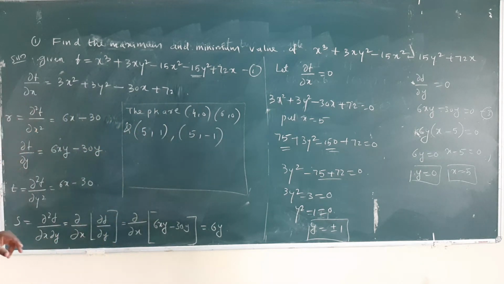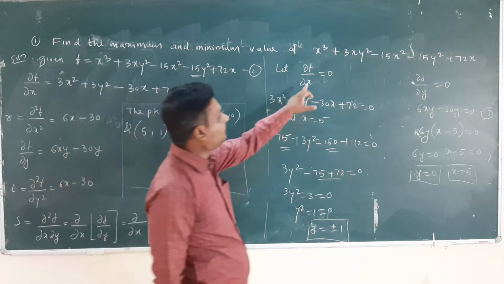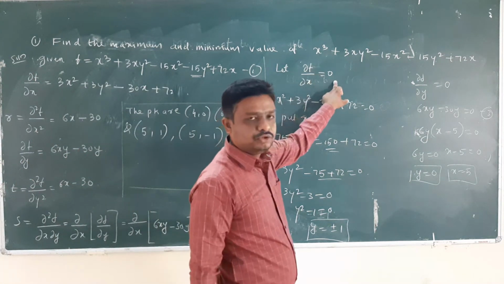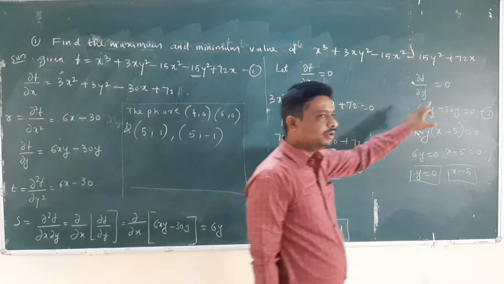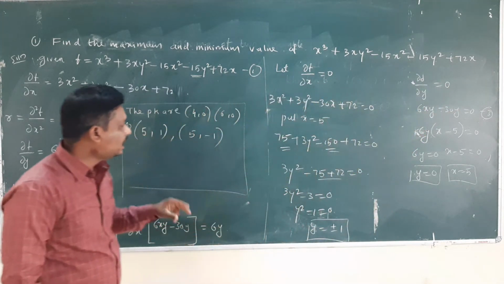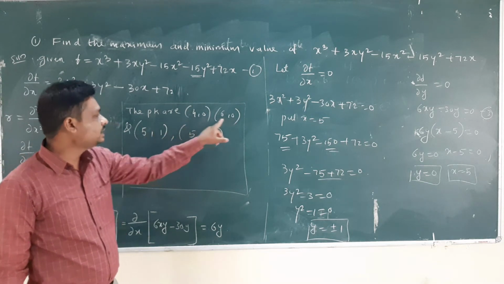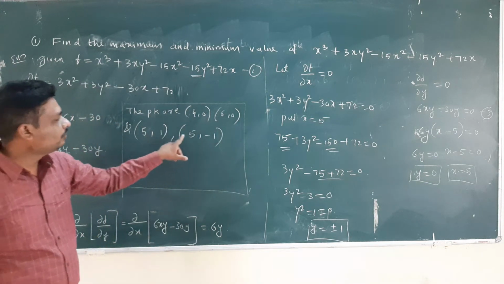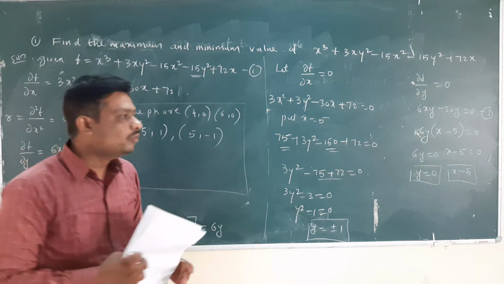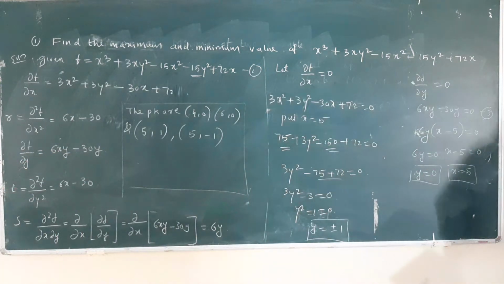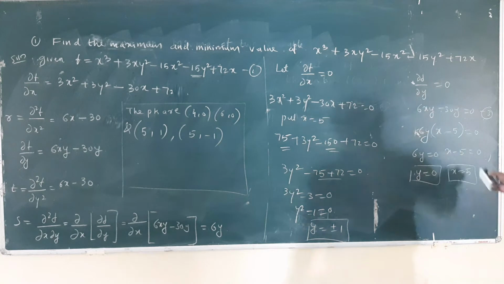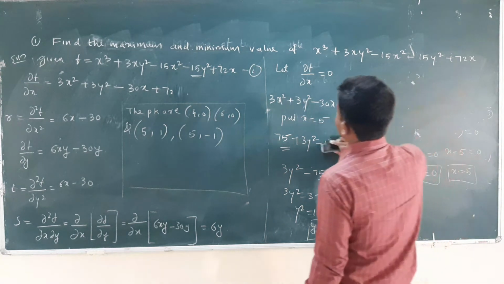So in the first step, what I have done here, I found all the derivatives, then I equated ∂f/∂x equal to 0 and ∂f/∂y equal to 0, and I have simplified this. After that, I got the points of intersection: 4, 0; 6, 0; 5, 1; 5, -1. So now I will verify at which point the function is maximum and at which point the function is minimum.